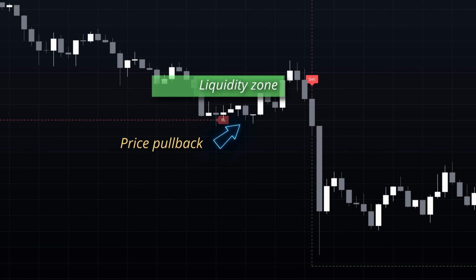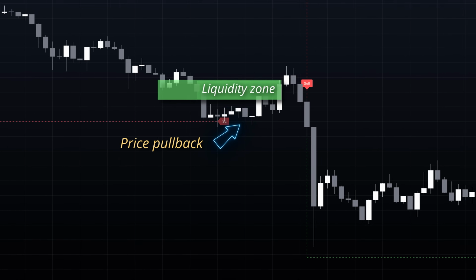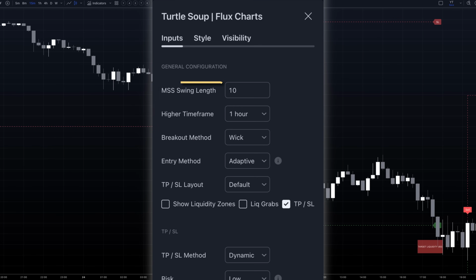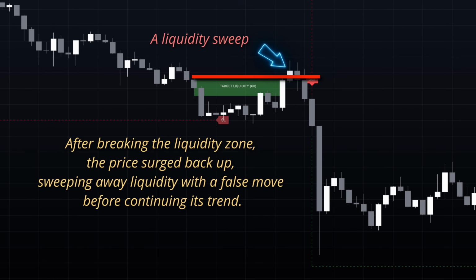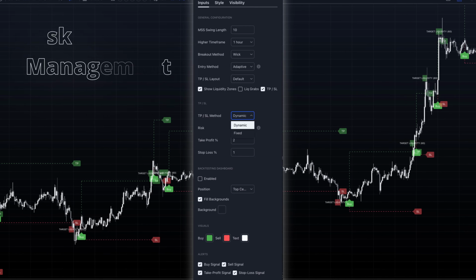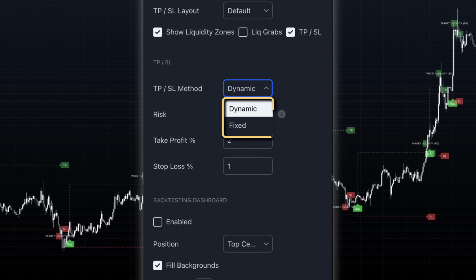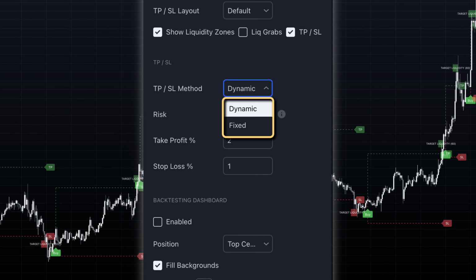Instead, it waits for a retracement to occur, utilizing a momentum-based swing structure, MSS, with a default length of 10 periods. This patience in entry execution helps avoid the common pitfall of entering directly into liquidity sweeps, which often result in trap setups. The indicator incorporates 2 methodologies for managing risk and taking profits: